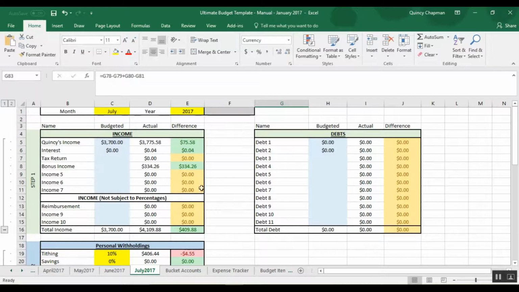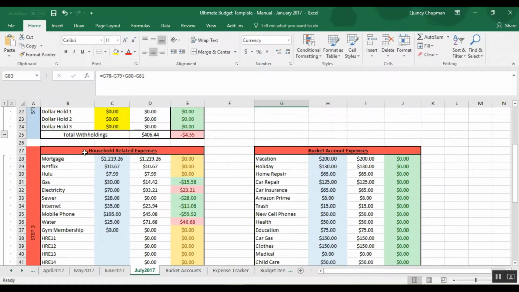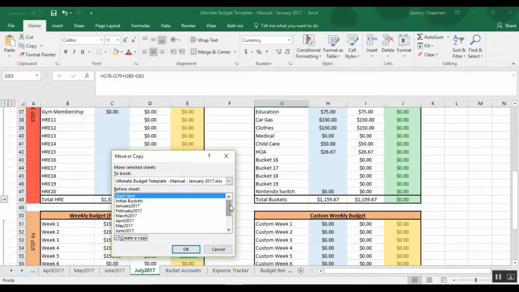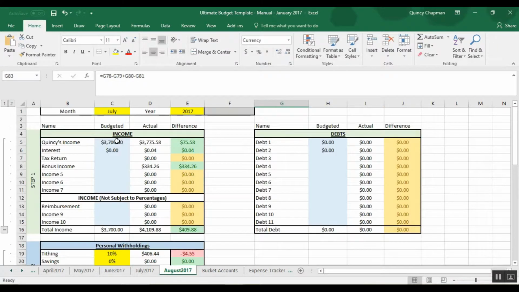So if we jump over to July now, we'll be able to see our income came in. We have everything accounted for, looking good. So let's go ahead and move our copy. We'll create a copy, put it right here next to July. And let's go ahead and rename this August 2017. And let's come up here and we'll change this to August